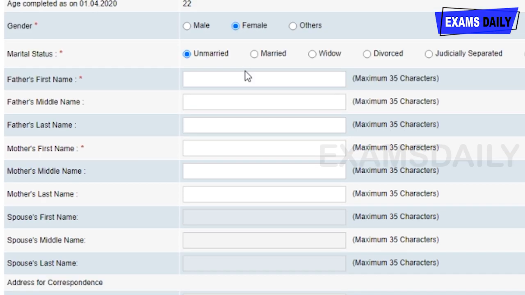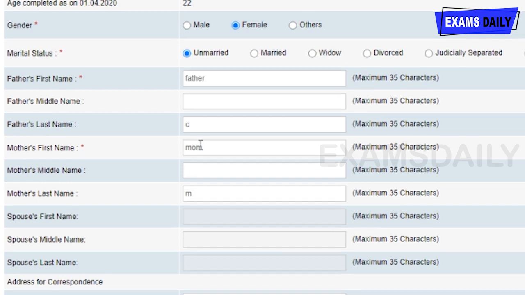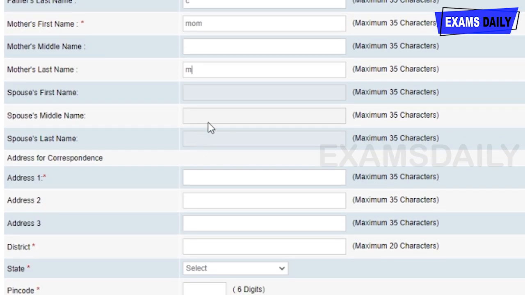And then you want to give your father's name; just for your reference I am typing "father". Also, if your father has any middle name, you give that here or else skip that, and you give your father's last name, that is his initial. Next you want to give your mother's name. Yes, these are the things you want to give. If you are a married person, you want to give your spouse's name in this box.